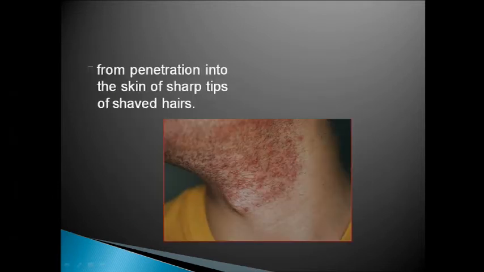In pseudofolliculitis, the most important treatment is trimming of the beard. We should keep the beard a little bit long. We should not shave it very closely, otherwise the hair will come out and again go into the skin. Apart from it, we can use topical steroids combined with topical antibiotics to prevent inflammation and to prevent any further infection. And most importantly, if the condition is non-responsive to any treatment, the most important treatment is permanent hair removal with laser. That will cure the condition permanently.